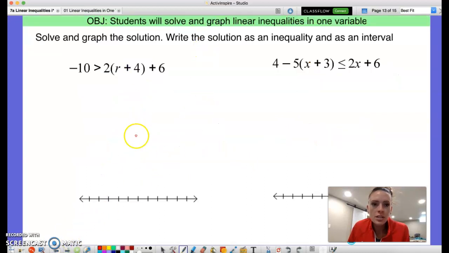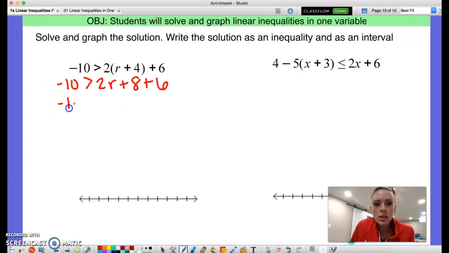All right, so for this guy, solve and graph the solution and write the solution as an inequality as an interval. So let's distribute this one out. We'll do this one together, and then this one I'll let you pause and do on your own, and I'll reveal the answer. So we've got -10 is greater than 2r plus 8 plus 6. We know that turns into 2r plus 14. When we subtract 14 to the other side, we're going to get